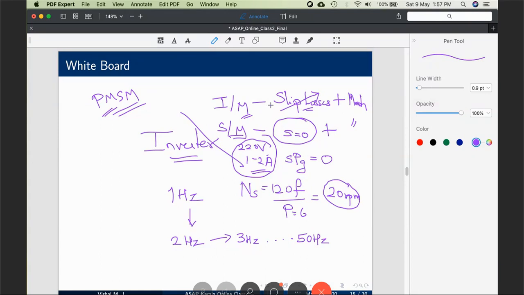Okay, sir. One question over. Do you feel this is why a BLDC motor is more efficient? Yeah, PMSM and BLDC are exactly the same. Only the difference comes in the nature of the flux waveform in the air gap. A PMSM has a sinusoidal flux distribution. BLDC has a trapezoidal flux distribution. That's the only difference. Otherwise, they are essentially the same.